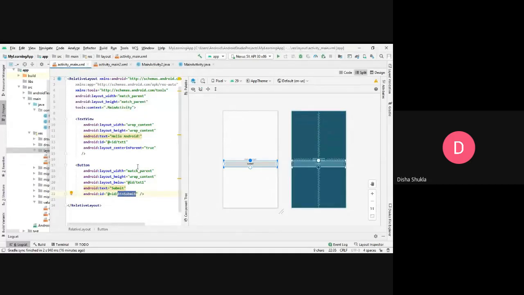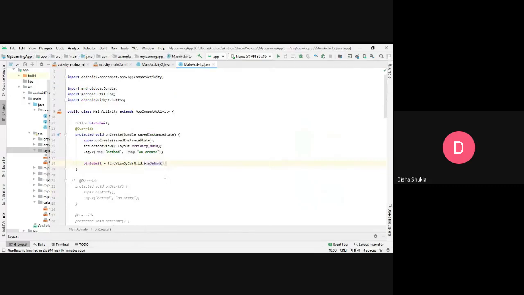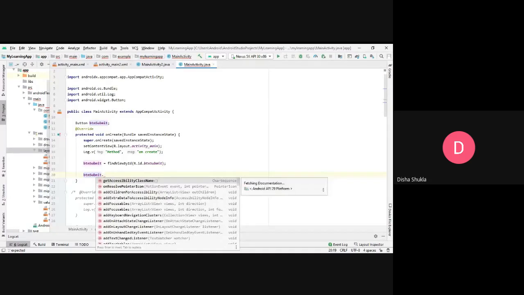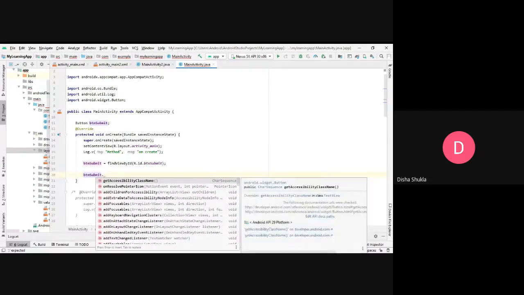So using the ID, I have initialized this particular button. Now I can use the click events on this button. Say for example, I want to go to another page, so I will simply write a click event for this. What interface it is and how you use it, all these things I will tell you when I teach the button as a view. Right now we are interested in the intent. So right now simply understand what I am trying to say, and if you have a question, you can always ask, but right now just accept what I am telling.